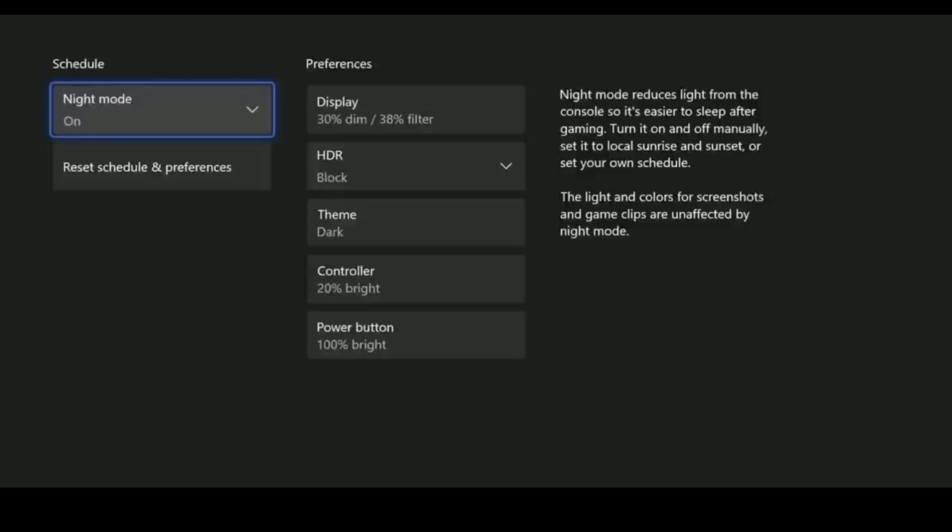And what it'll allow you to do is very much just adjust the LEDs. But Microsoft has actually put some pretty decent thought into this. It's not just turning it up and down. You can actually schedule it so it'll turn on with night mode. And there's a bunch of different things you can do. You can set your preferences first to turn off things like HDR, set the dark mode, but you can also individually control the light on the controller and on the power button on the console, which is pretty good